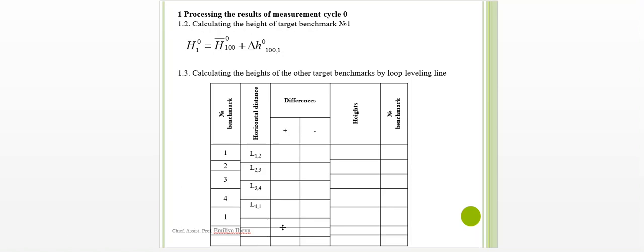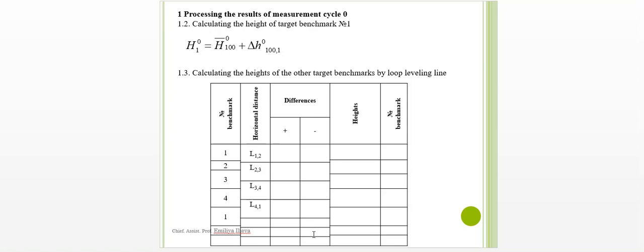And again, the sum of the differences with plus sign, the sum of them with negative sign, and the misclosure is going to be this value, the sum of the plus sign minus this value, the sum of all differences with minus sign, and you will have a value about 1 or 2 millimeters or